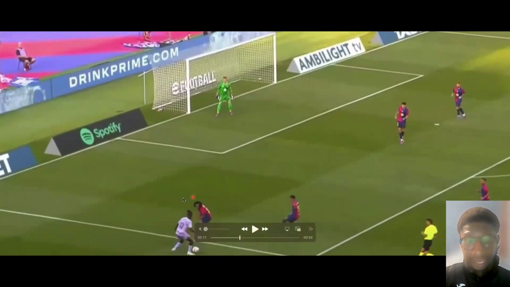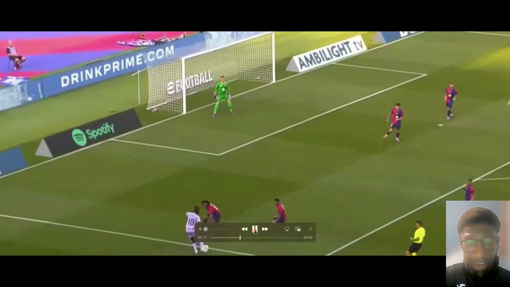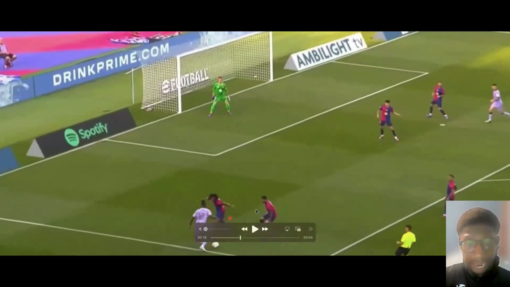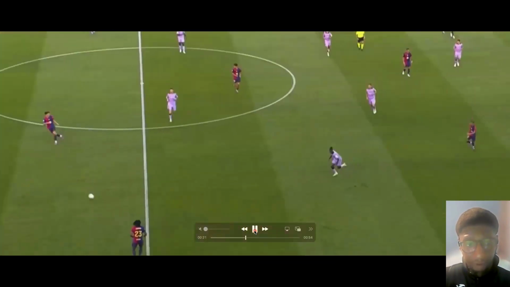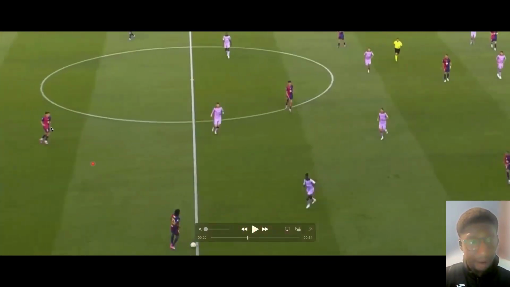You'll notice now his body shape then turns the other way. They now find themselves in a 2v1 situation because you now have his teammate who's helping him out. And then as you go, he gets a shot off away, gets the ball. So again, now in the right back phase, just on the halfway line, he's looking for a ball over the